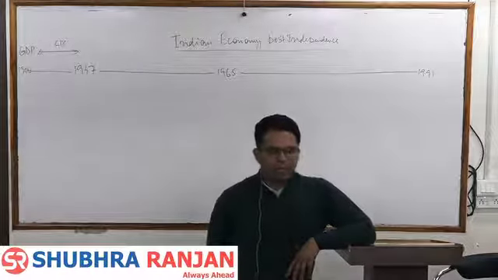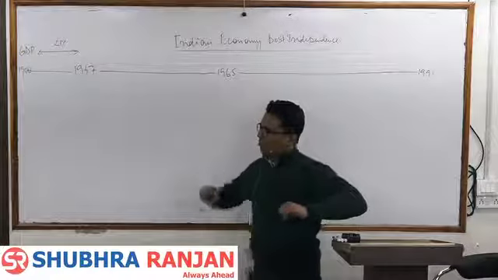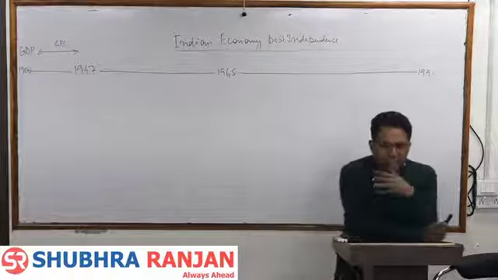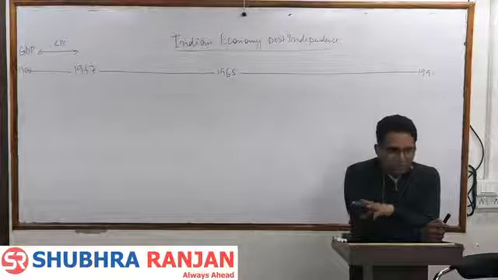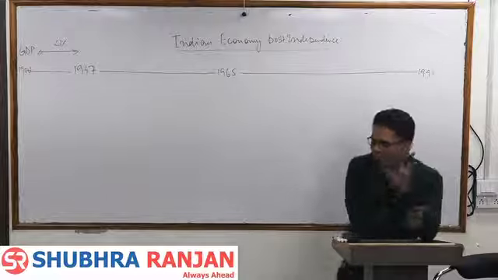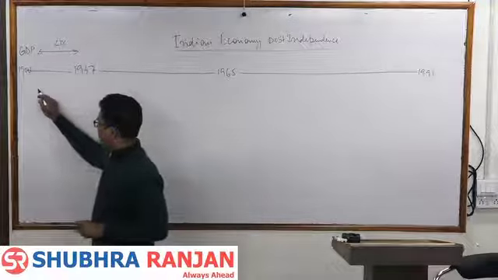But to understand the situation of the economy in 1947, we'll have to go a little bit before. The Britishers basically destroyed our economy, and our economic growth was less than 1%. There are 2-3 main important reasons. The first,